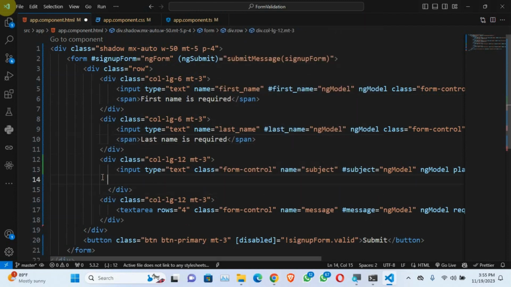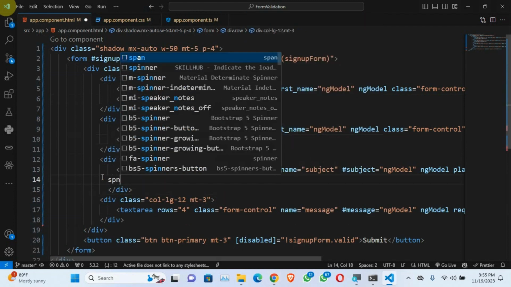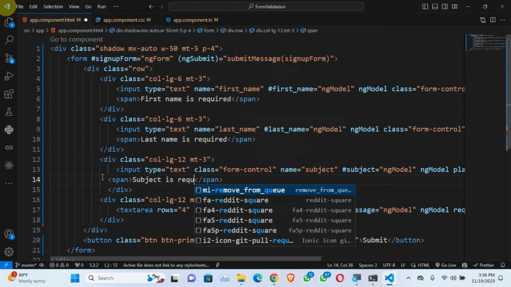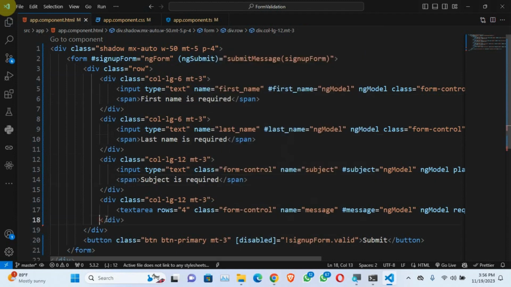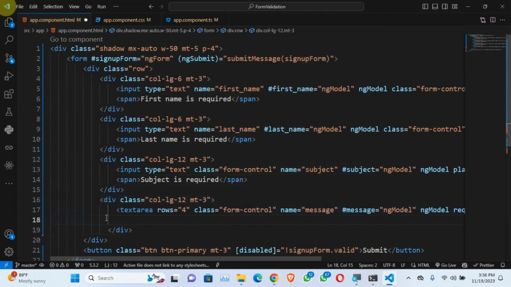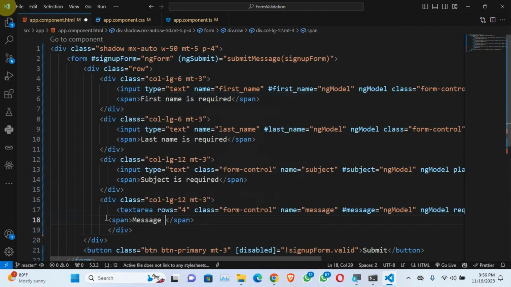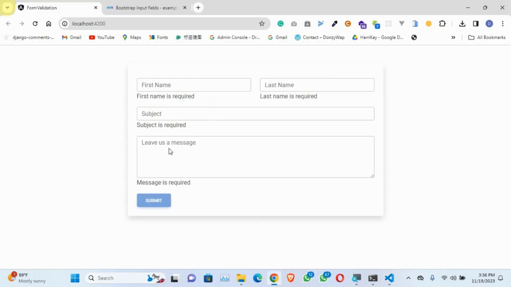Then I can repeat the same for the subject. So let me use the span tag here. Then "subject is required." And lastly, I'll do it for the text area. So span, and then "message is required." All right, so now here we have the messages, but we only want to show the message